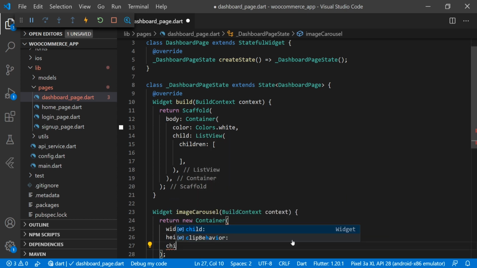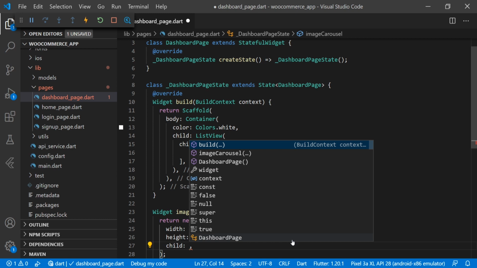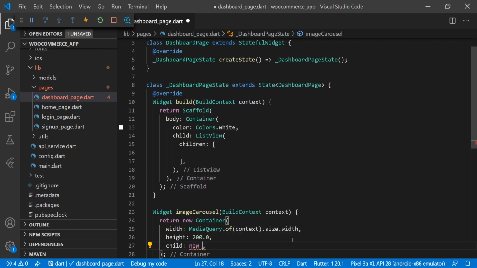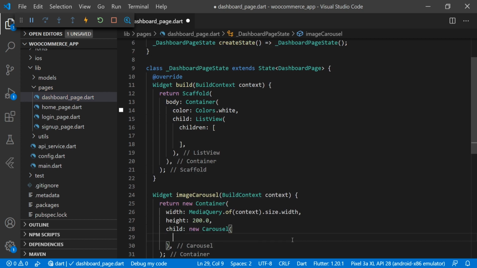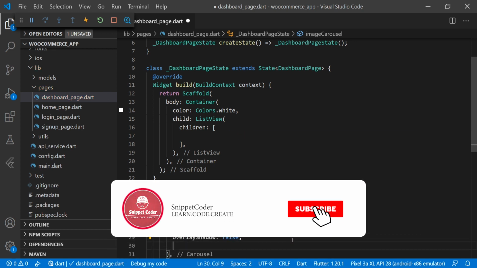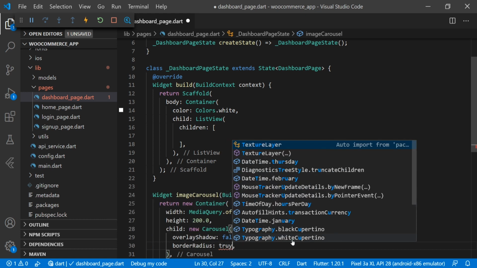Then in the child we will use the plugin, the package which we have imported, that is new carousel, and here we are passing some parameters. First one is overlay shadow, and we are making it false. Then we will have the border radius, and we will make it true.